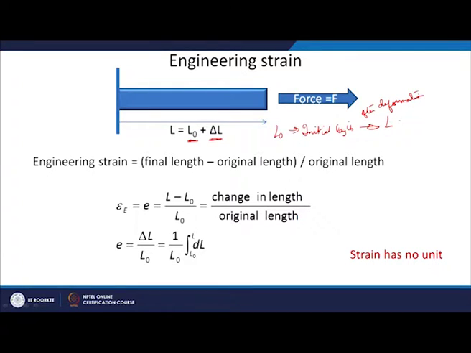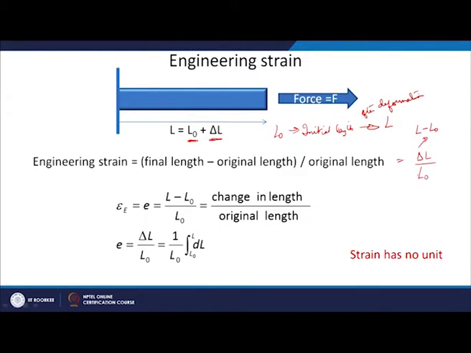So L is equal to L naught plus delta L. Engineering strain will be equal to the final length minus the original length, divided by the original length. So delta L, which is L minus L naught,